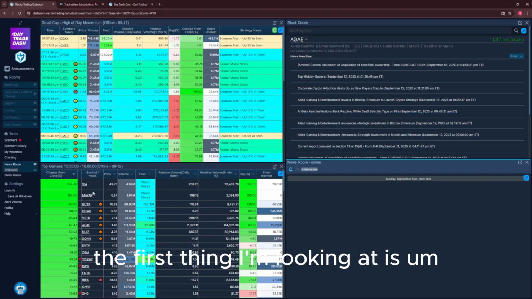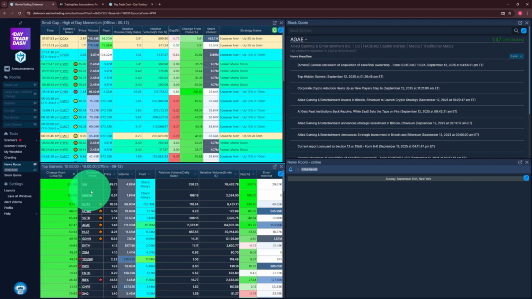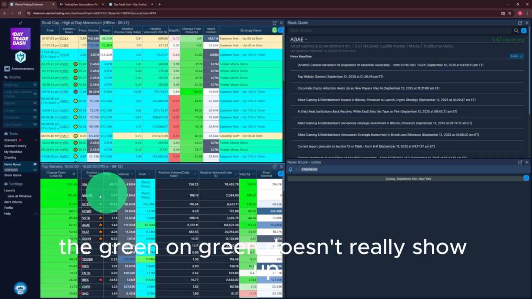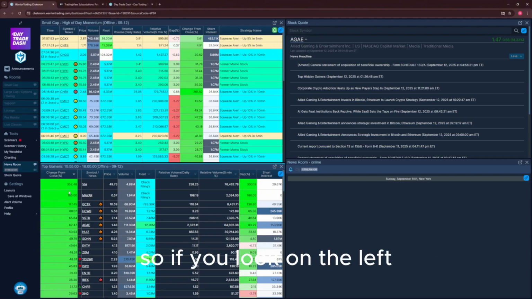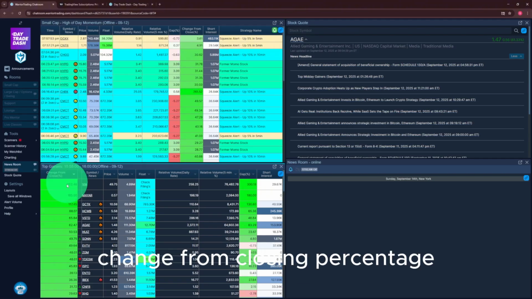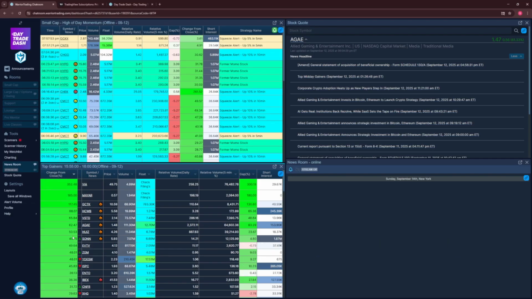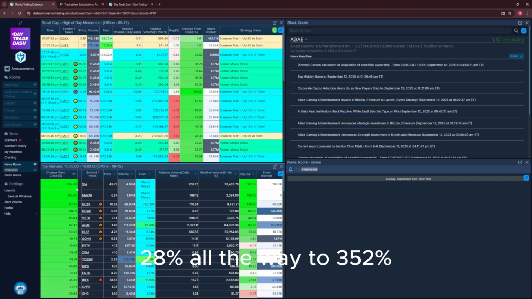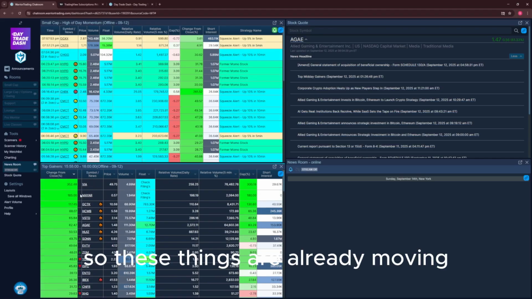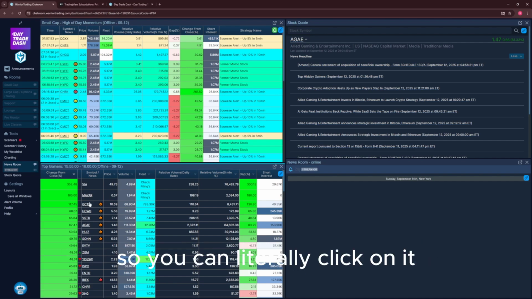So I'm looking down here. The green on green doesn't really show up. But again, I want ones that are already moving. So if you look on the left, change from closing percentage, these are already up from yesterday's close, up quite a lot, right? 28% all the way to 352%. So these things are already moving. And then your question is, why are they moving? So you can literally click on it